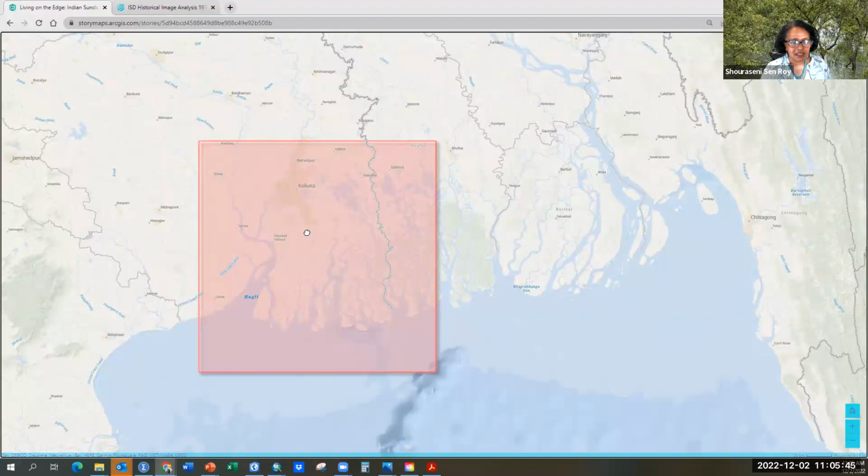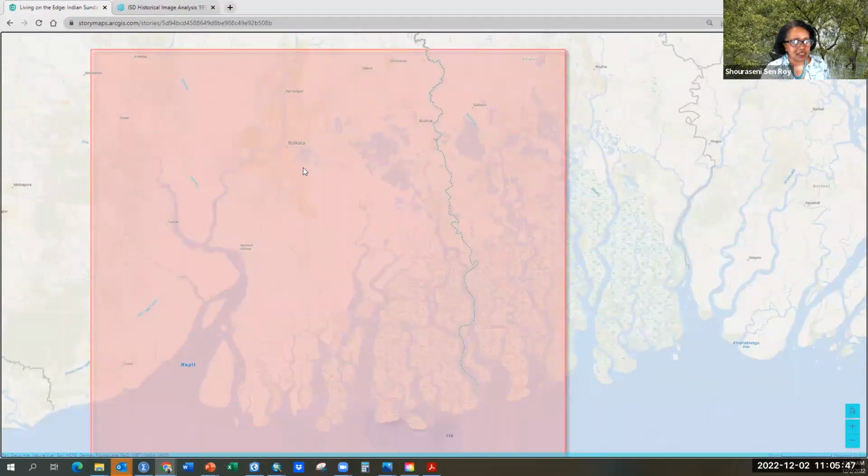The biggest city for the Indian part of the Sundarban Delta is the Kolkata metropolitan area, which, some of you may know, is located on the banks of the river Hooghly, a distributary of the river Ganges. So that's the major city on which most of the people living here depend.